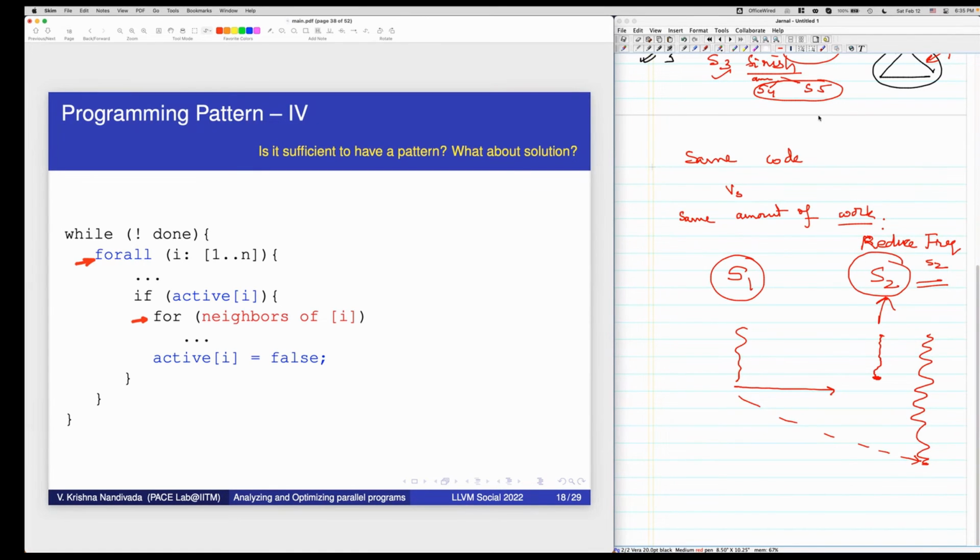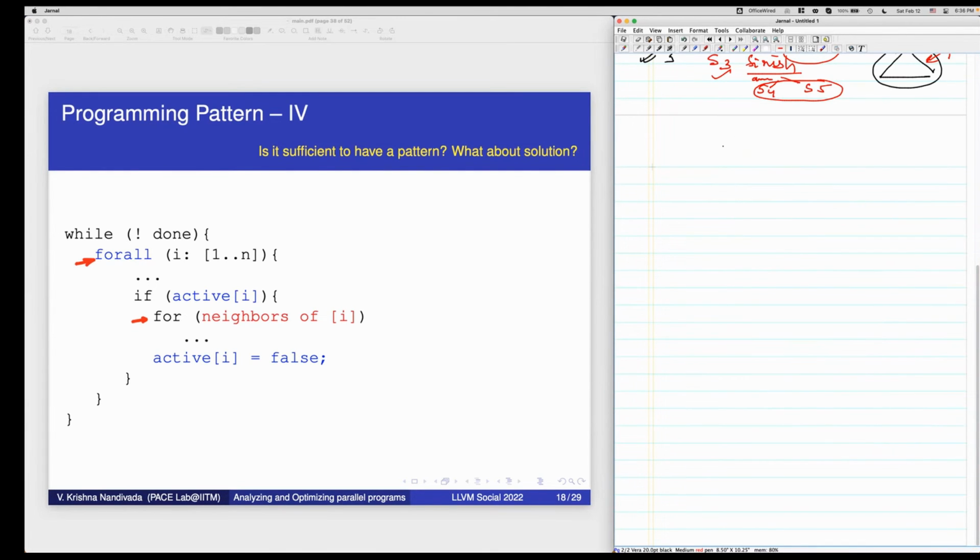A typical code that you will find in many of these graph analytics is like this. In one round, I will iterate over every vertex, or maybe some set of vertices, and then I'll mark some of them as active.